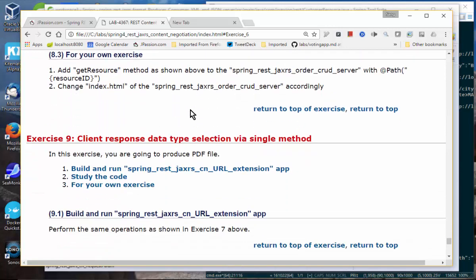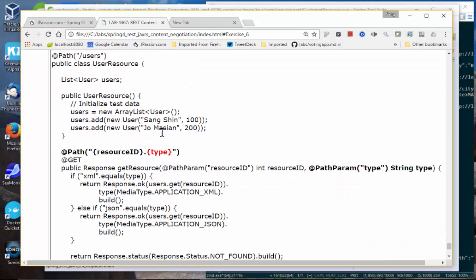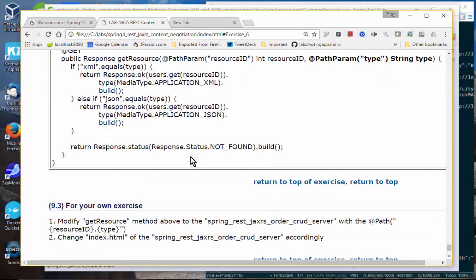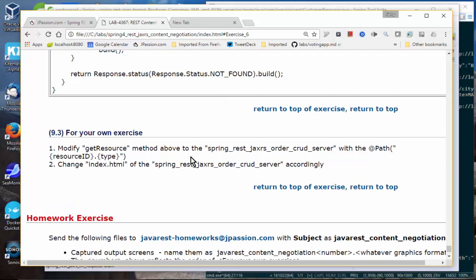Exercise 9: we are basically using a single method. It's another way of doing it. This time we are just capturing the type as the variable as well. Pretty straightforward. I'm going to give you guys about 12 minutes to finish up these exercises, and then we're going to move on to response handling. I would say response handling is probably the most important presentation today. Okay, so let's